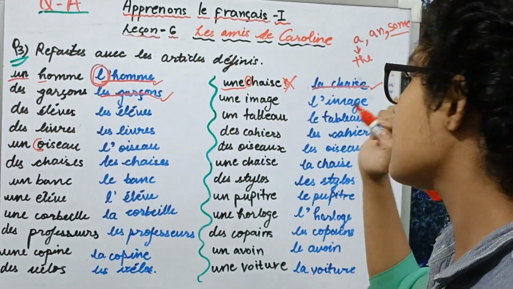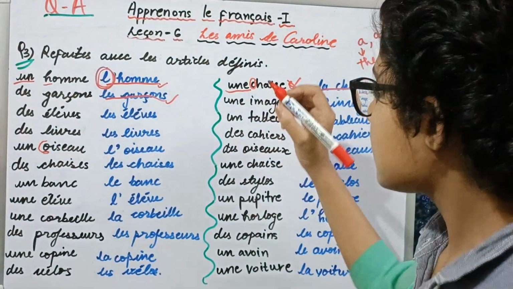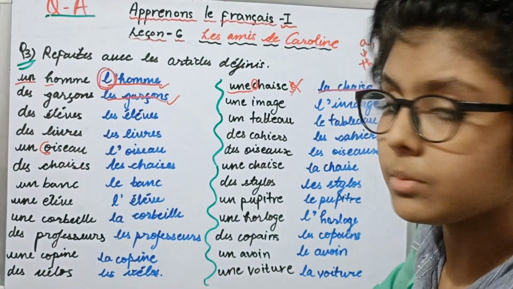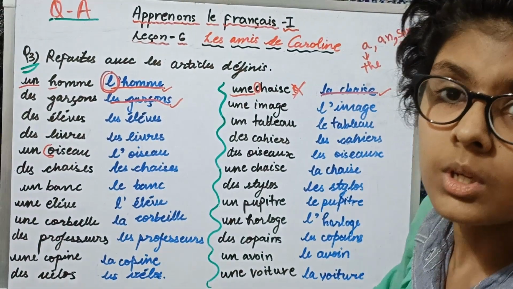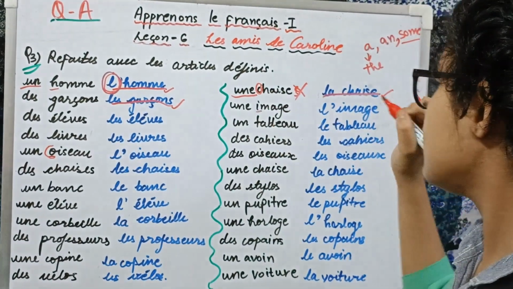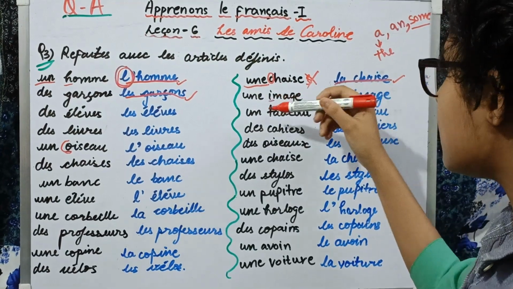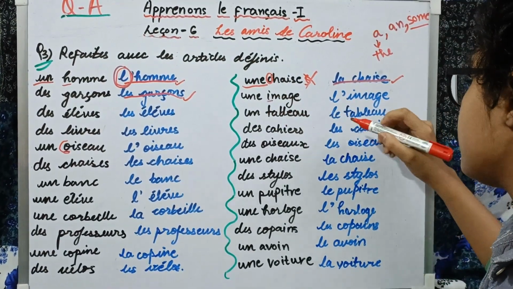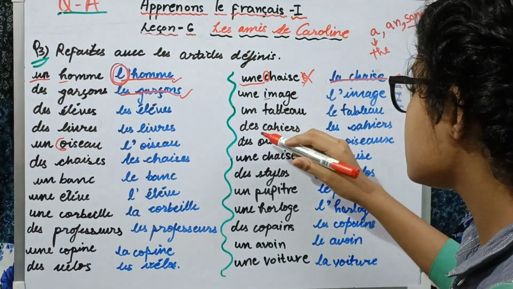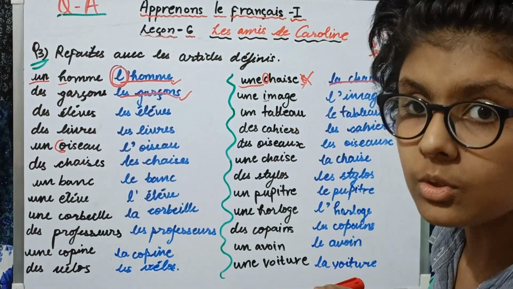with a consonant. Then if we go to the next one, it is the same, une is in front of it: une image. But why would it not be transformed into la image? The reason is that it starts with a vowel, so l'image. Then we have the next one, un tablier, a board, that will be le tablier, the board. Des cahiers is some notebooks, and that would be transformed into les cahiers, the notebooks.